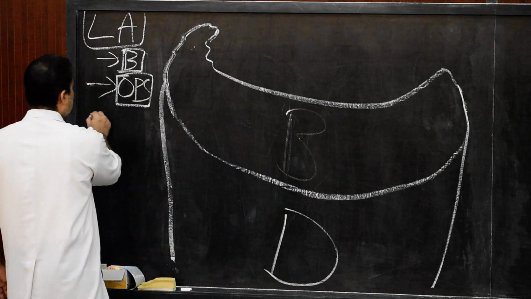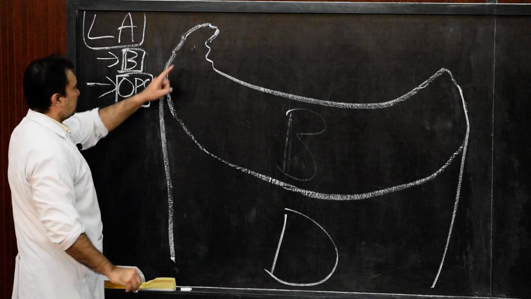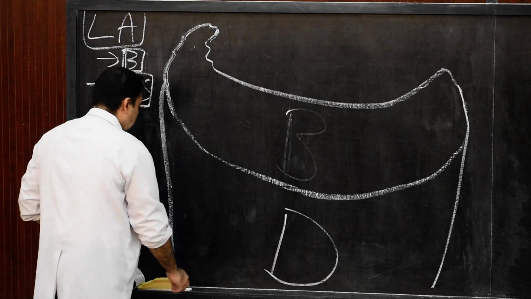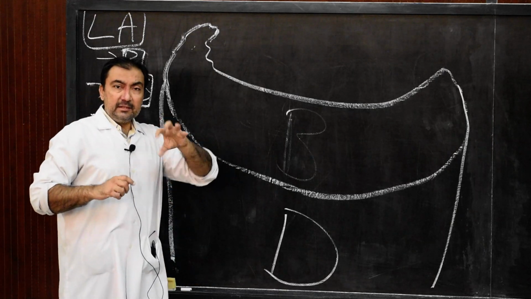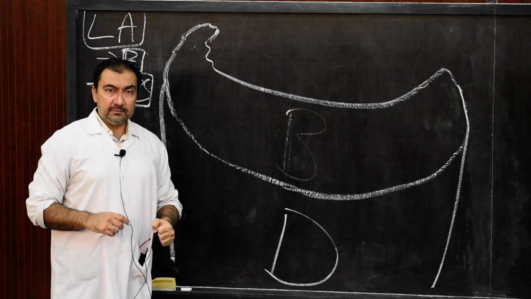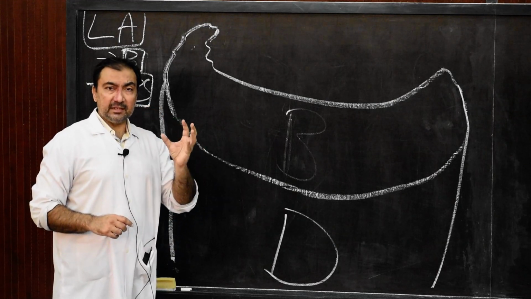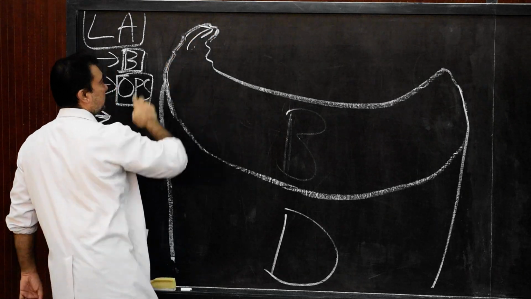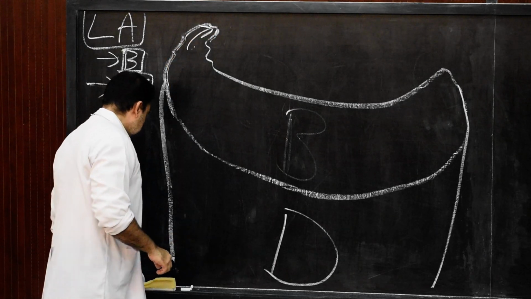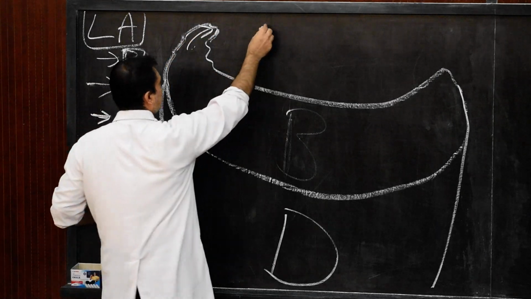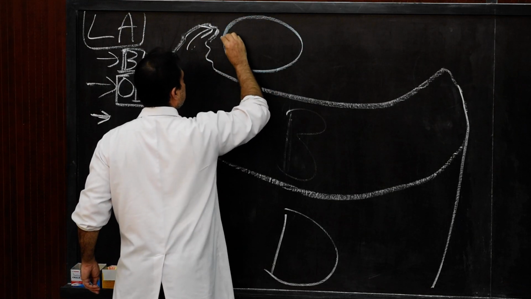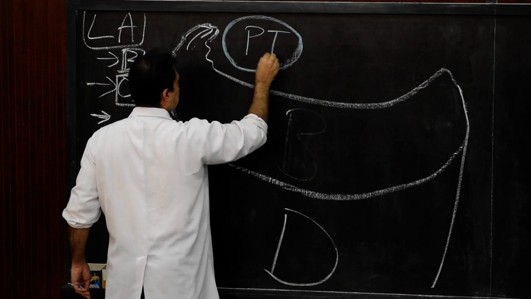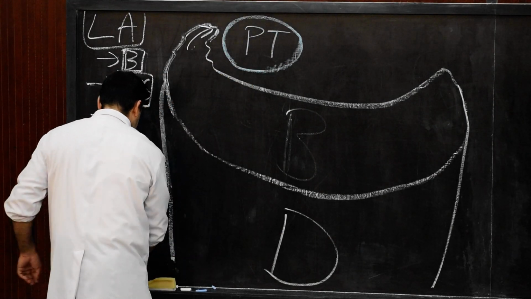And similarly, it will have a very important projection, where my finger is there. Now this projection will be in the upper part of the left atrium, and it is directed upwards and medially, towards the root of the pulmonary trunk. If this is the pulmonary trunk, it is directed towards the root of the pulmonary trunk.